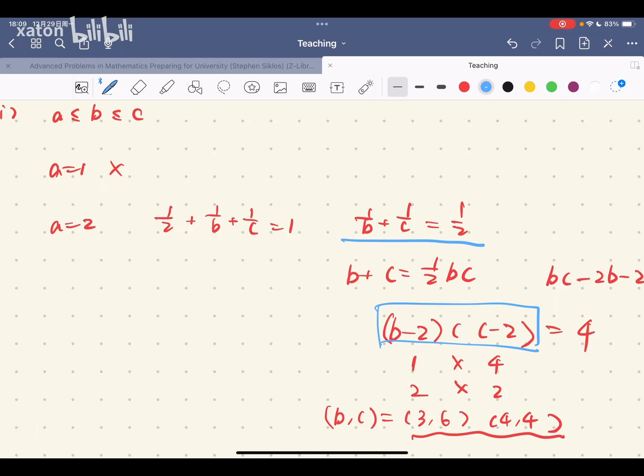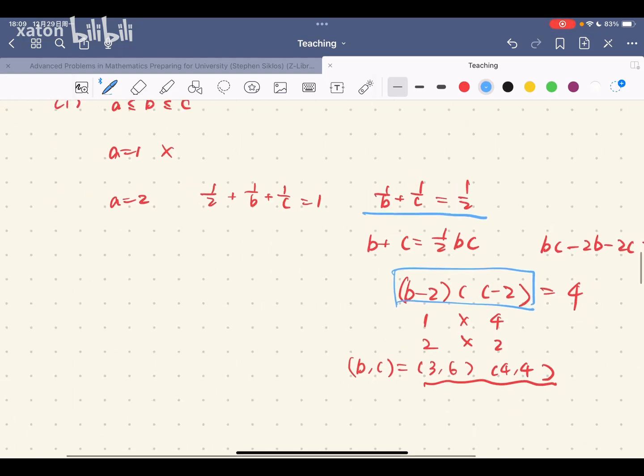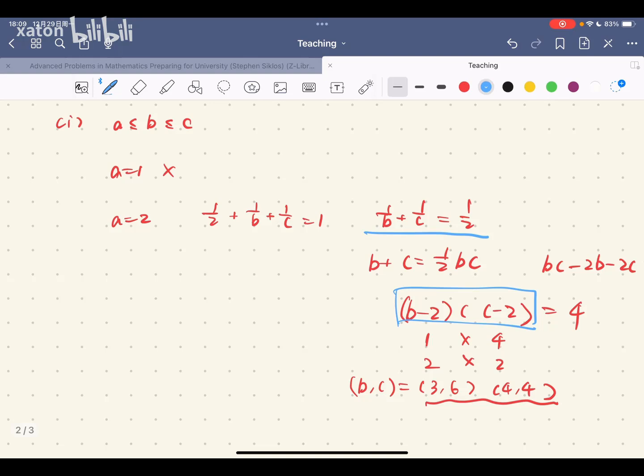But 1/5 plus 1/5 equals 2/5, which is still smaller than 1/2. So here we can use the restriction we set for ourselves, that b is always less than or equal to c. So 1/b plus 1/c is at most